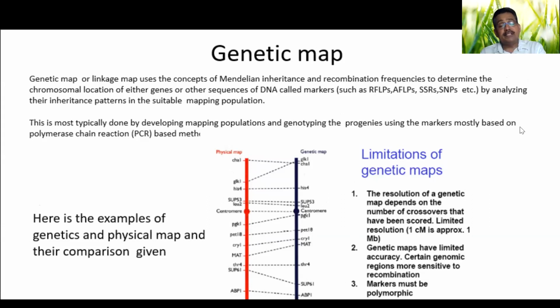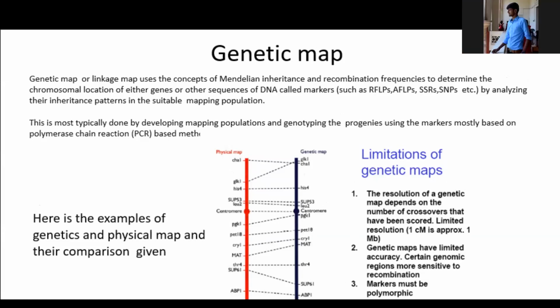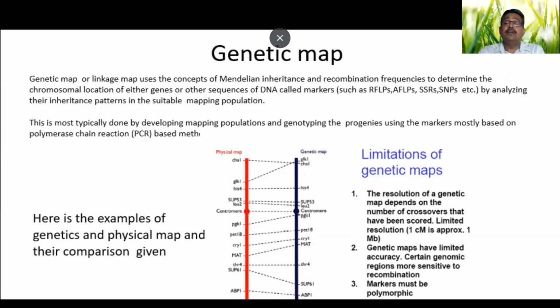By constructing the genetic map first, we use a set of mapping populations. Usually populations are developed to construct the map. We call the genetic map an imaginary map based on the set of recombination which is observed in the progenies. We have the progenies in the set of population, and based on the recombination observed in the population, we construct the map.